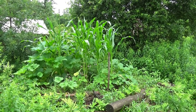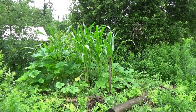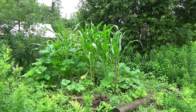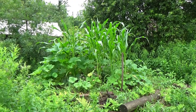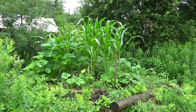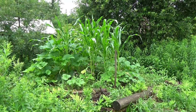Here we are in our Hugelkultur patch. We planted this with the Young Farmers Program early in the spring, and we've done the Abenaki style of their corn, which is the Roy Callis corn. It's a short, kind of a stunted corn that is great for a cold, wet season. Perfect, because that is what we seem to be having here in southern Vermont. It's got squash and beans, which are coming up. Squash you can see over on the left and the right, and the beans will be coming up and wrap around the corn. We will use this as a cornbread, and we are teaching our children how to make this